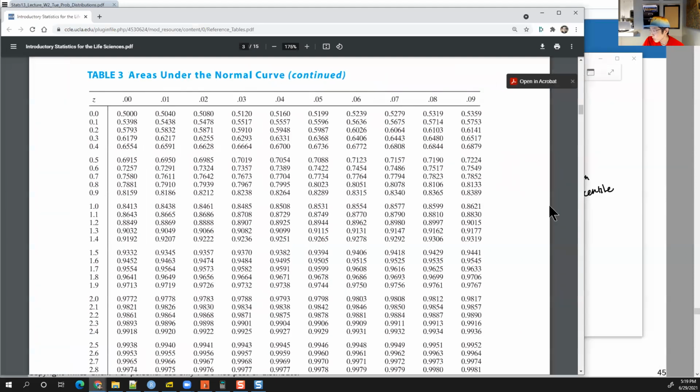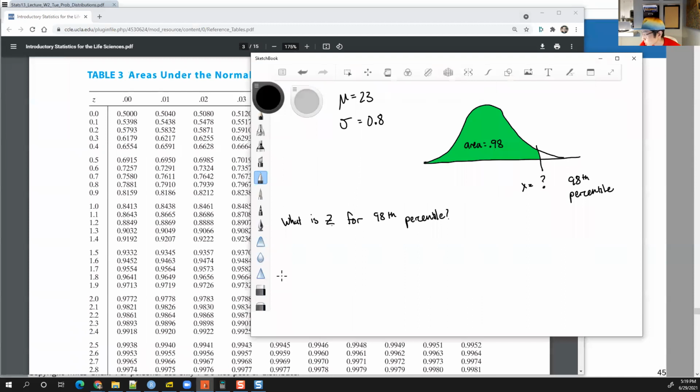Do not look up Z equal to 0.98. So what is Z for the 98th percentile? This is important. Do not find Z equal to 0.98. This is wrong. What you want to do is find the Z so the area to the left